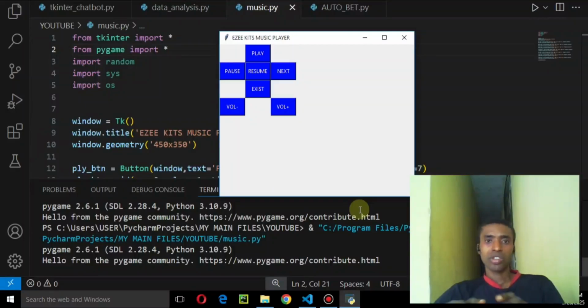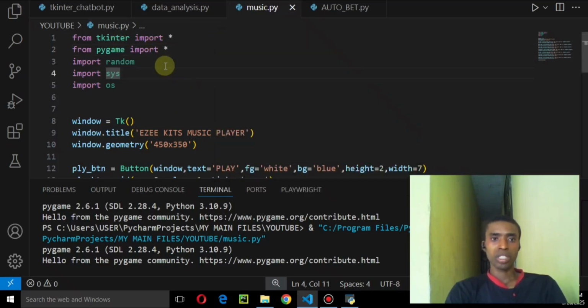To this point now, this is our music player. We're able to create something like this, some buttons. So in this video, we're going to add the label that is going to show the music that is being played here. We're also going to change some things from our importation,